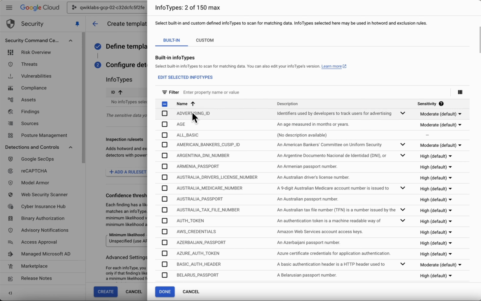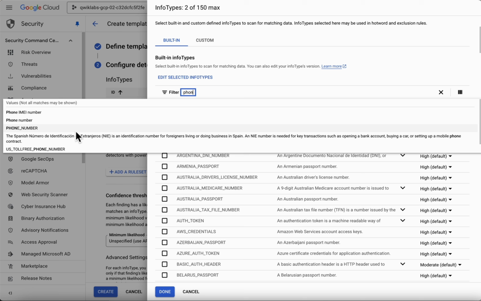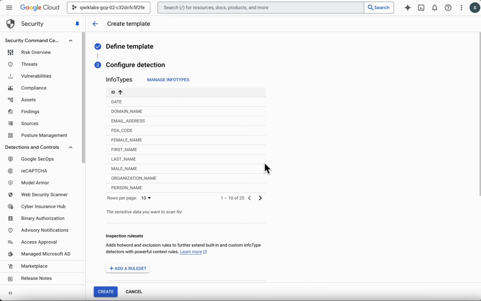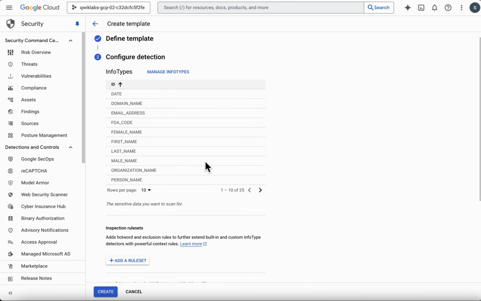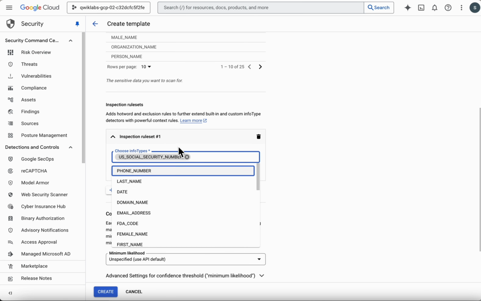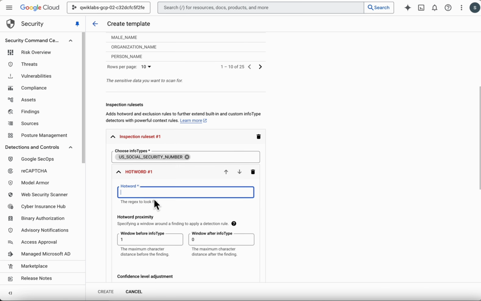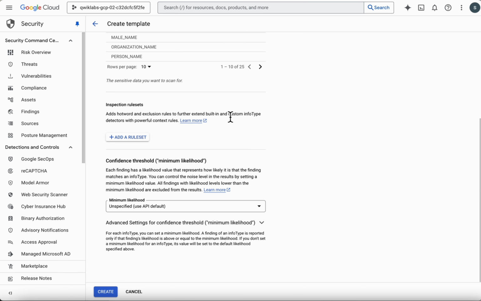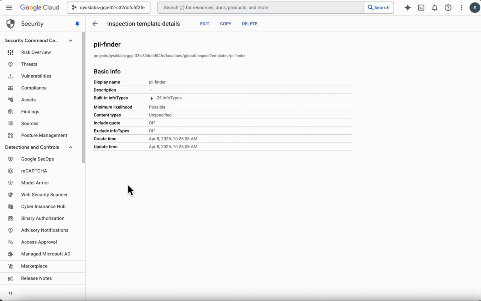And I can search by name or description, right? Especially if I'm new to this, I may want to look for different types based on just the description. So for example, I could search for phone number through many different ways. Once I have that list, I'm going to go down and I'll skip confidence thresholds, but for rule sets, I could get very fine-grained and set a list of hot words using regex. I'm going to create my inspect template,